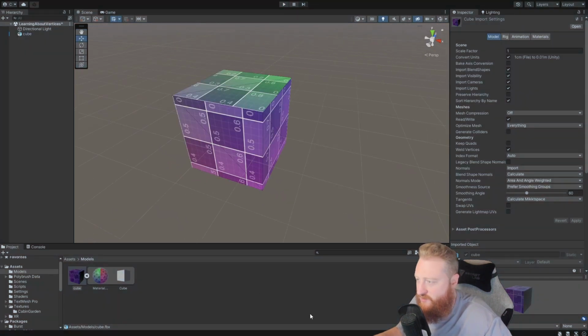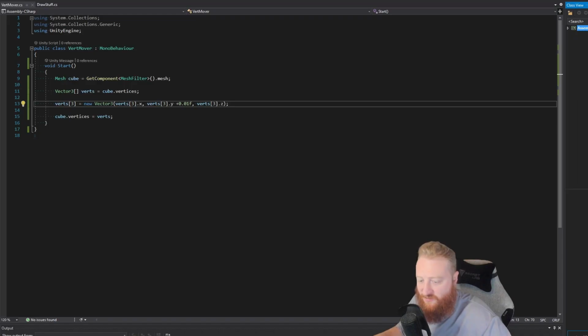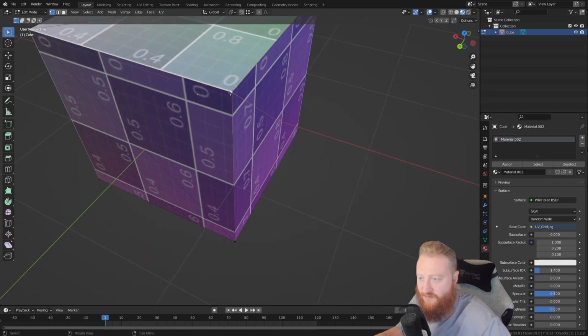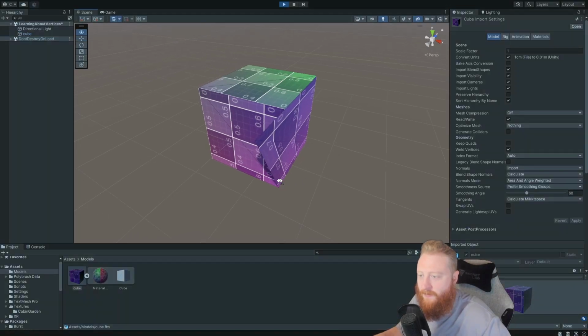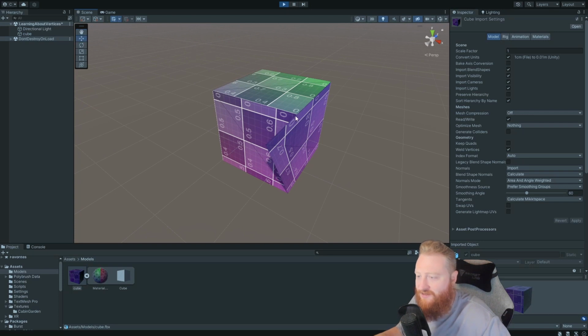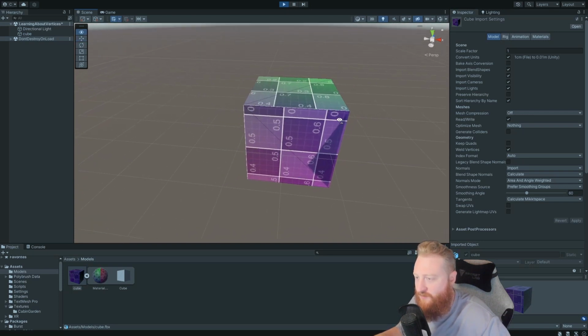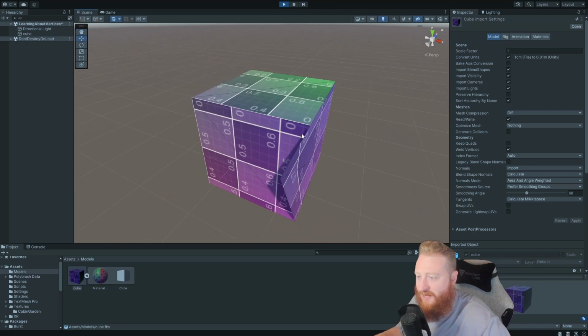Unity has a feature called Optimize Mesh, and if we do the tooltips, it says reorder vertices and or polygons for better GPU performance. Let's turn this off. Let's set this to nothing, apply, and we're still in code trying to go for vert number 3. According to Blender, this one right here is vert number 3. We hit play. Interesting. It has moved this from this position,